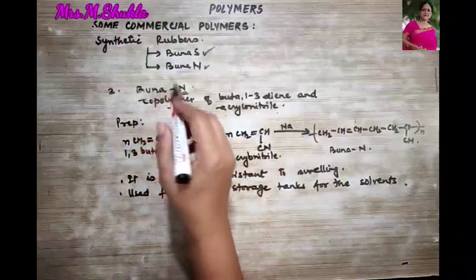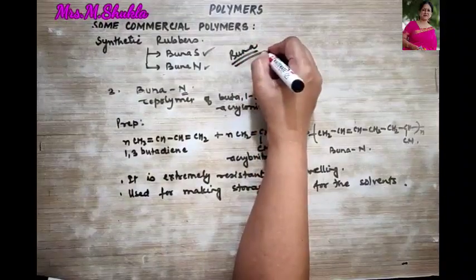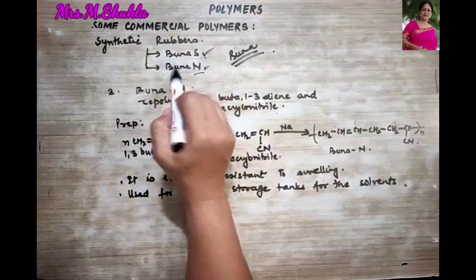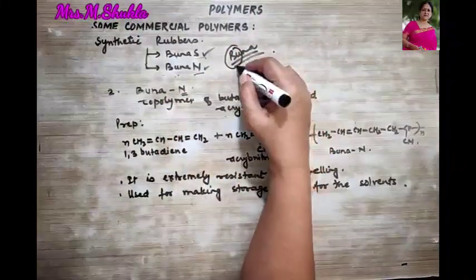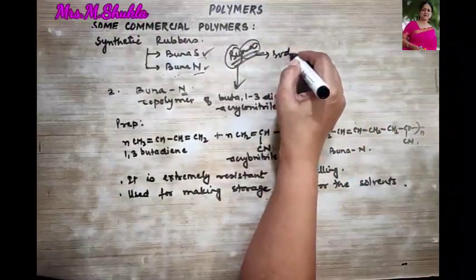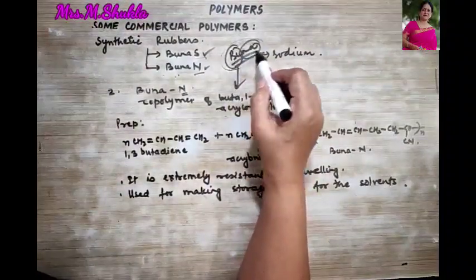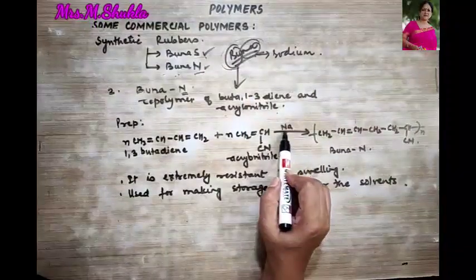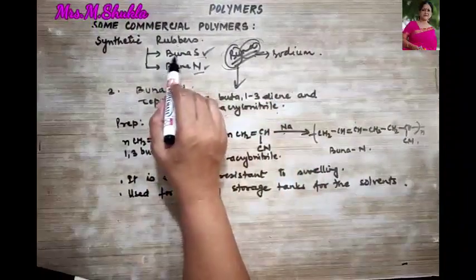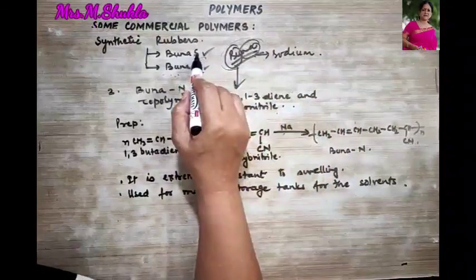Okay, before I wind up with synthetic rubber, how did we get this word Buna? That is also important to be understood. You know what is S, you know what is N. Now what is Buna? Bu stands for butadiene, okay, and Na stands for sodium, right? This is the way the name Buna has been given to it, because in the presence of sodium only the reaction takes place. So Buna is your butadiene. Now in both Buna S and Buna N we use buta-1,3-diene, correct? Over here we use styrene.